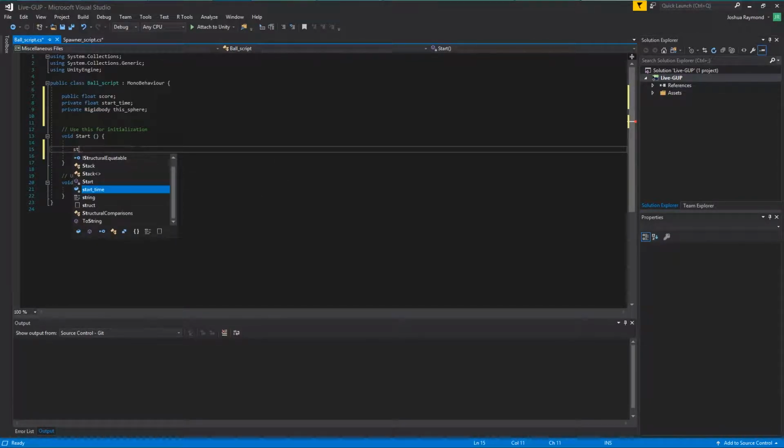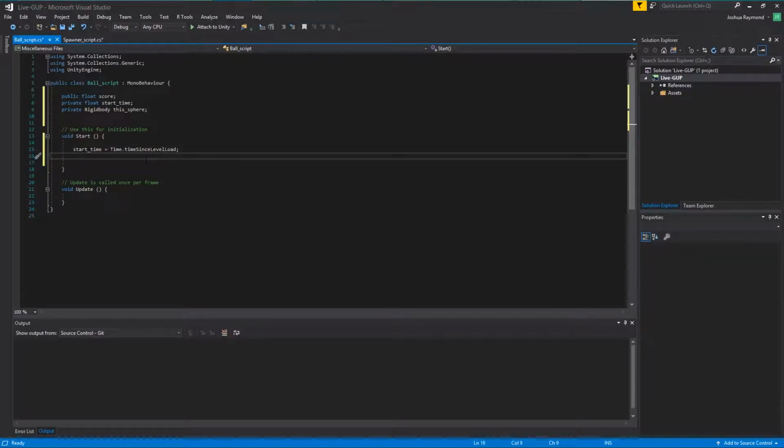Oh, sorry. Start time equals time dot, no. Thank you. I know what I was doing. Time since level load. And this actual thing here doesn't really matter, because we're just getting basically a start time. We need to know when things started. And then the sphere needs to be instantiated, so we're going to do this sphere, this dot get component,